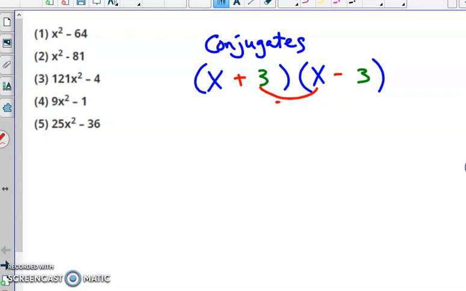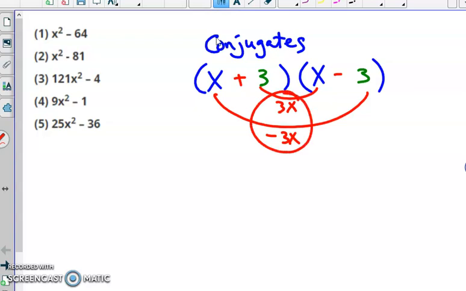And the reason for that is because if I multiply the inside and the outside terms and I add those answers together, I get a 0. And in all of these problems, 1 through 5, the middle term, the x term, it's missing. And the reason why it's missing is because it's always 0. So for conjugates, we're basically looking for